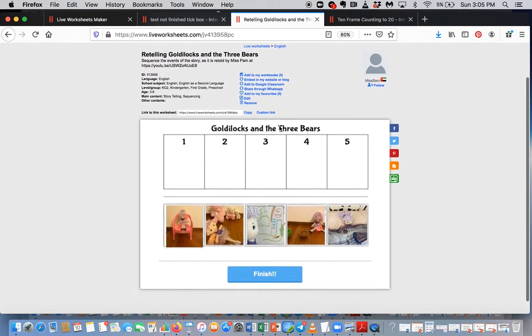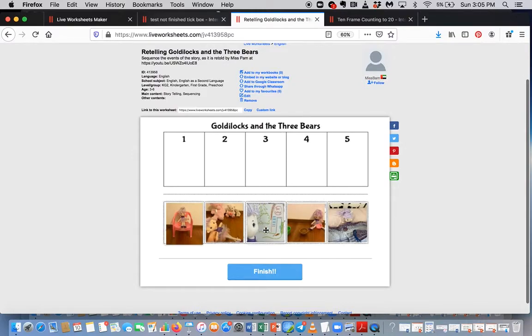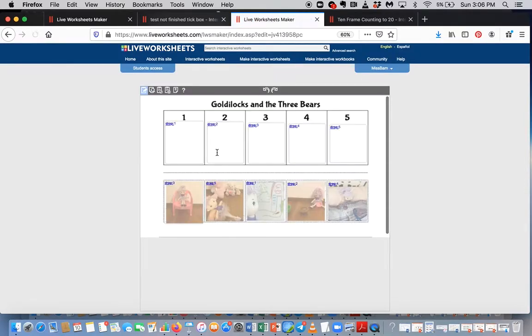Here's another one. We have Goldilocks and the Three Bears, a sequencing. For this one, I typed in the boxes drag and drop. So if I click edit, you'll see what I mean. Okay, so you have to type drop, colon, and then a number. So it just has to correlate. It doesn't have to go into the sequence, but my 1 has to match 1. So if I go to see what my students see,